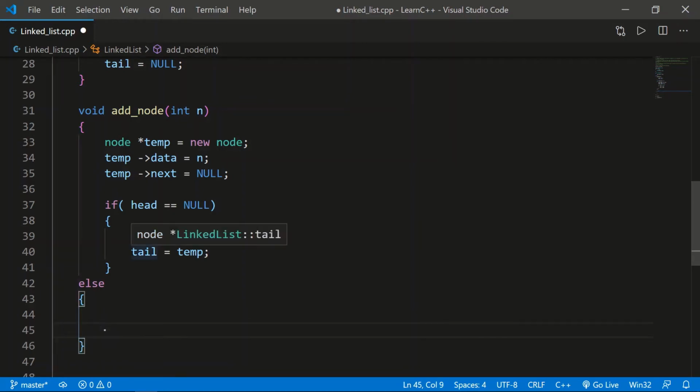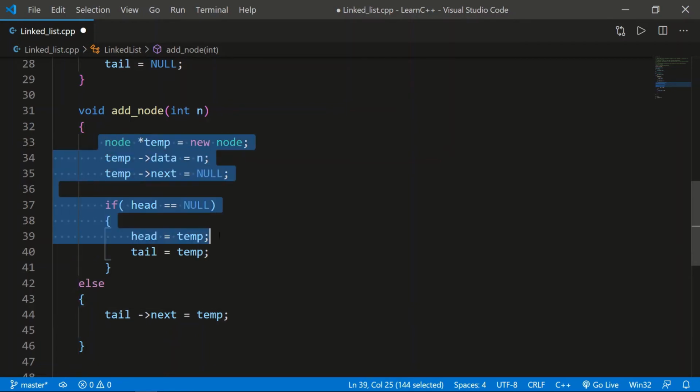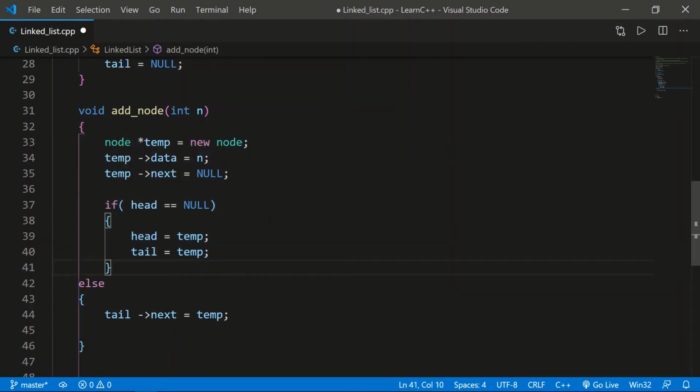You know that tail is after head, meaning it is the last element and head is the first element. So we'll write tail next, meaning after the tail we put the temp. Because when we call the node for the second time, there is already a head and a tail. For the second time, our node should be after the tail. Tail is the last. After the last we will put our node, and we'll write tail equal to temp.